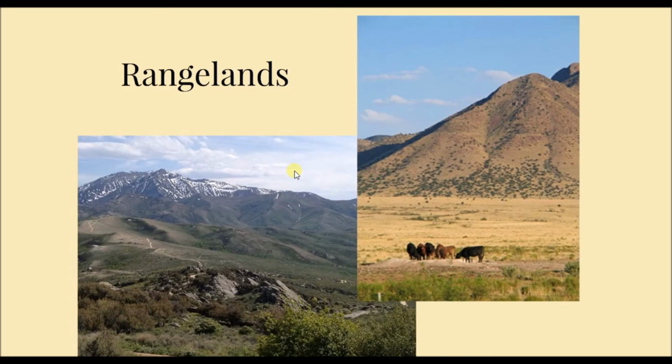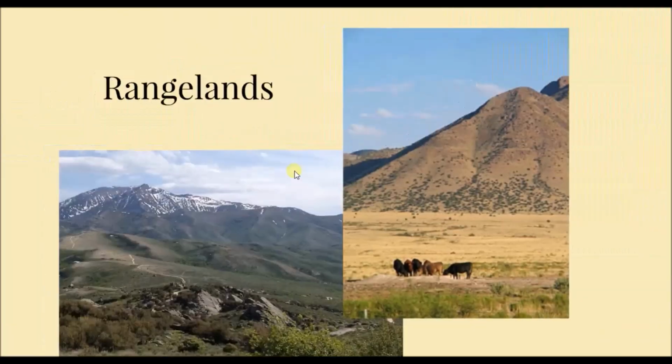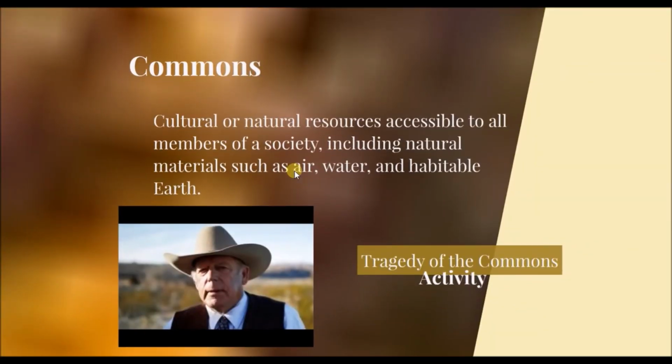But a rangeland, make sure you write down these definitions, know the difference between the two. A rangeland is kind of like a pasture without fences. It's going to be the natural environment. Rangelands are areas where everyone can use, so any rancher who comes around with his cows can bring his cattle there. But it's natural land, or BLM land. It's Bureau of Land Management owned, where natural organisms are also going to be using this area. So we'll have deer, we'll have elk coming in this area, also eating in this area.